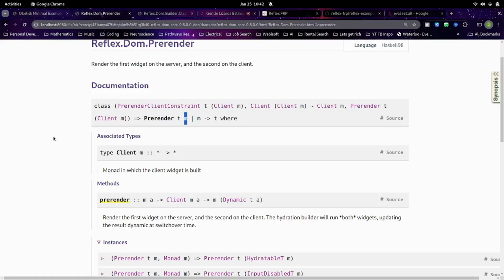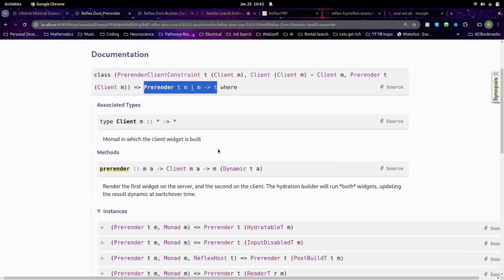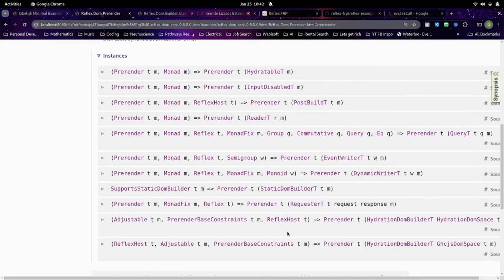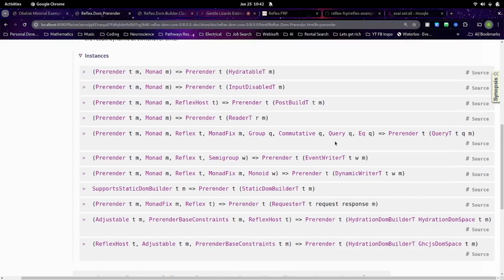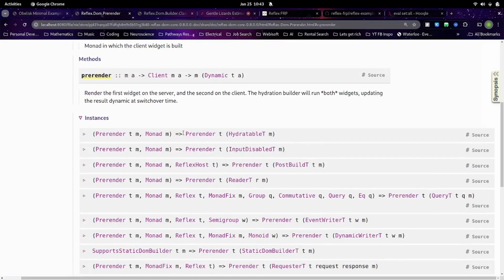So, the reason for that is that each monad that's provided is giving us functionality. Like this pre-render, this is the common case I see with Reflex, is that there's a pre-render class, and then there's a pre-render T. In this case, that's not true. The closest one would be something like hydratable, and